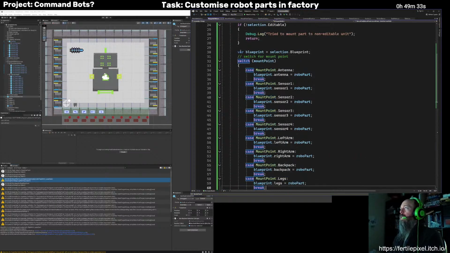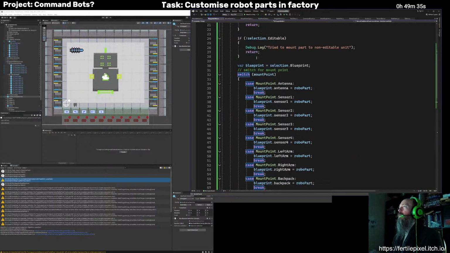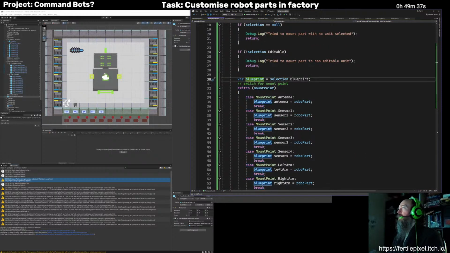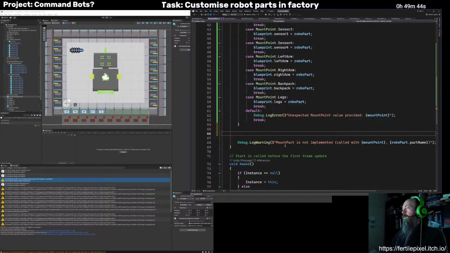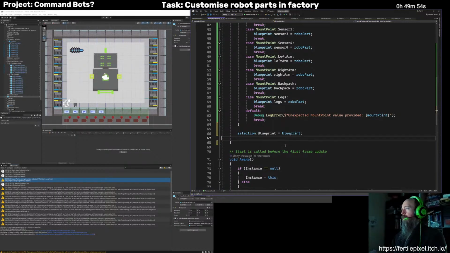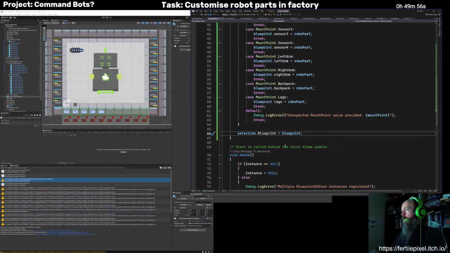So now we'll actually set the value in the blueprint, and now we need to update that blueprint in the selection. Do that. And we don't need to log a warning anymore because it is implemented.